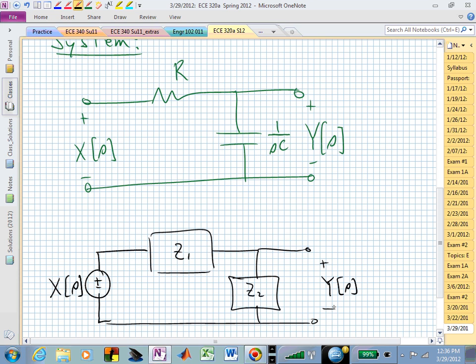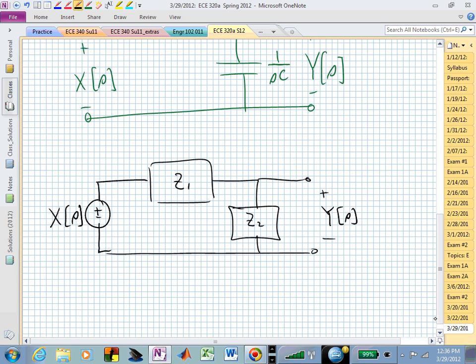That's okay also, to call it that generic source, capital X of S. And we want to know, really, what is the voltage dropped across that second impedance, and if we simply do a voltage divider,